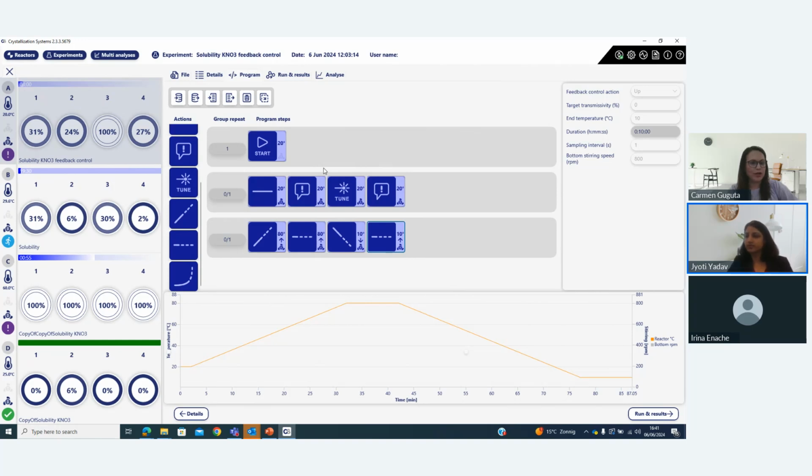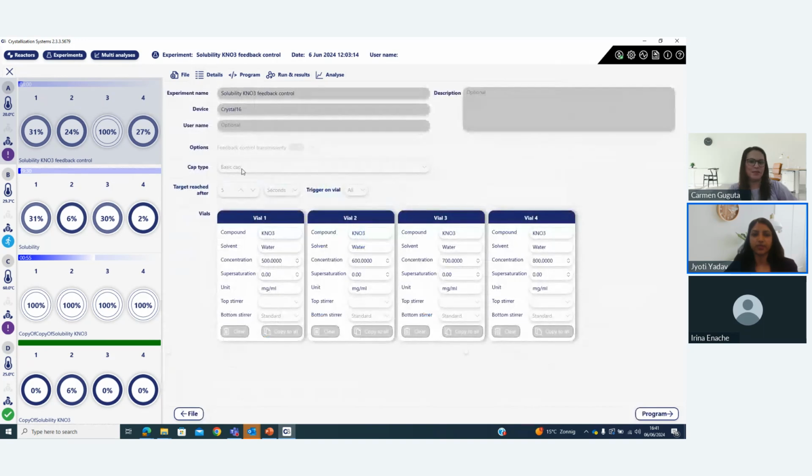Hook agitation, so the stirrer, is it for basic cap or overhead stirring? That is for overhead stirring. So this hook was